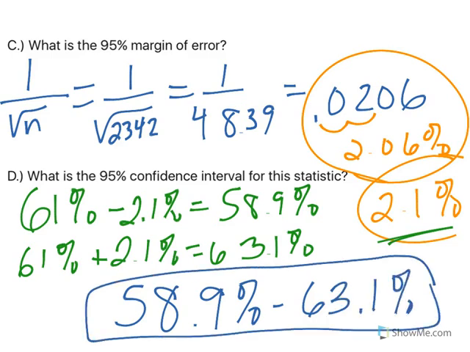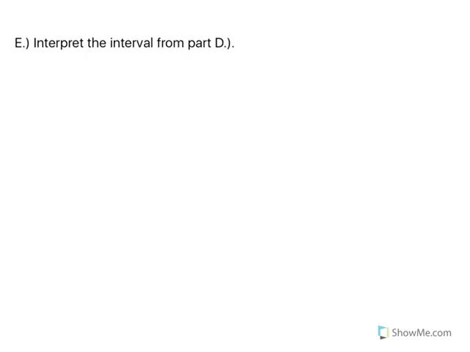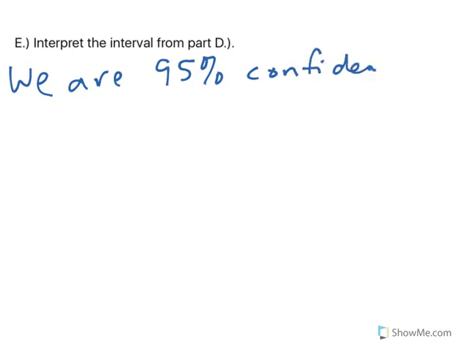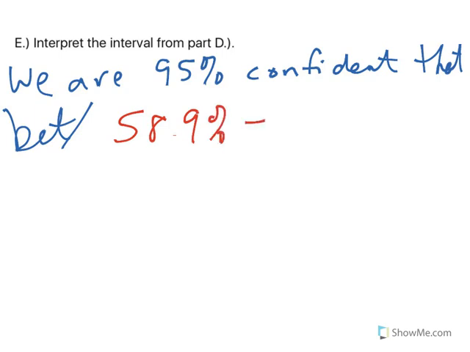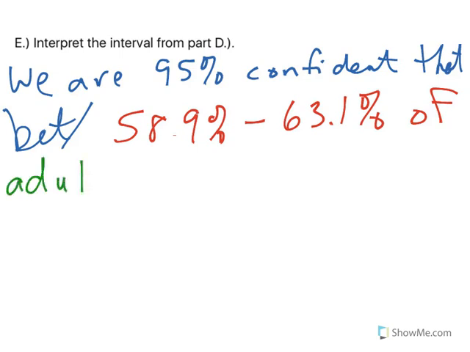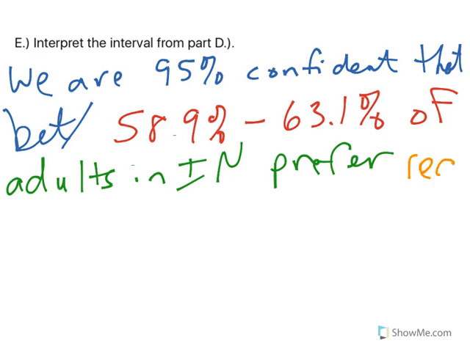Now that leads us into Part E, where it says interpret the interval. Well, you're always going to start this interval with we are 95% confident, because that's the confidence interval that we use, right? The 95% confidence interval. So we are 95% confident that between, and now we use our confidence interval, which is 58.9% and 63.1% of adults in Indiana. What do they do? They prefer red Jell-O